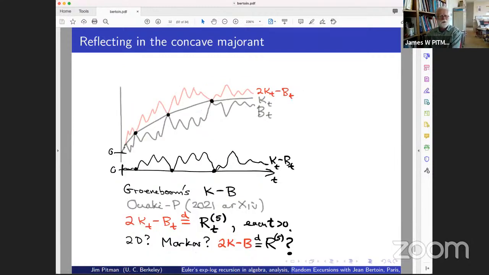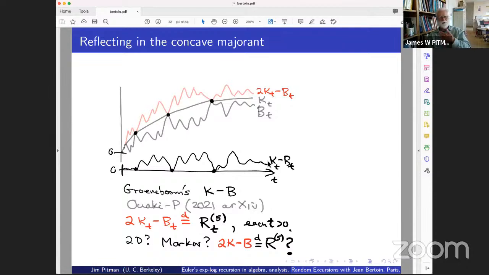I want to do something which I just do by force of habit that I find interesting. Suppose we take a Brownian motion again. Now look at its least concave majorant. So the least concave majorant is K, and I can do the same thing. I can reflect the path in the concave majorant, and I get a path which I can call 2K_t minus B_t. Now, Grönboom showed that if you look at K minus B, you get a succession of independent Brownian excursions